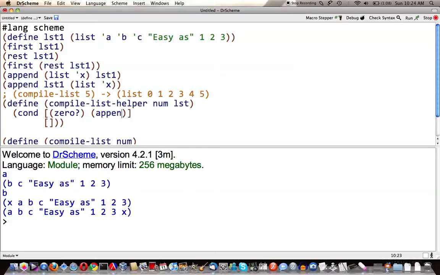Okay, so append list 0 list, and if num is not equal to 0,